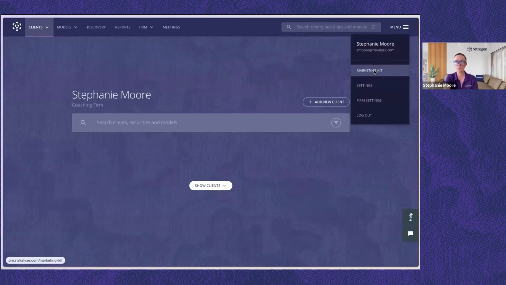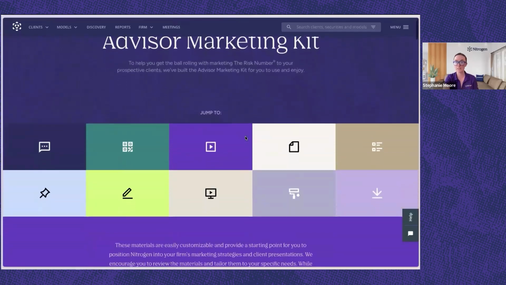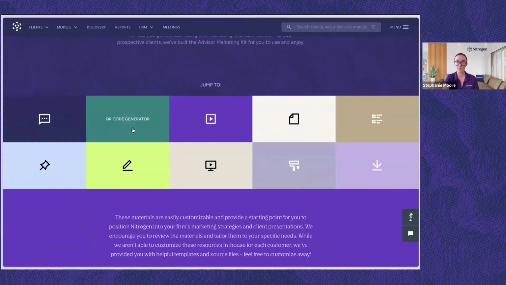But the marketing kit is great for those pre-made marketing materials. If you want to do some digital marketing, some newsletters, some social media, maybe something on your website where you're positioning yourself as an expert in the industry, that risk aware or risk first advisor, you can use any of the resources in here. We have these quick jump buttons. So we have things like social media graphics, a slide deck if you do seminars or presentations, press release,